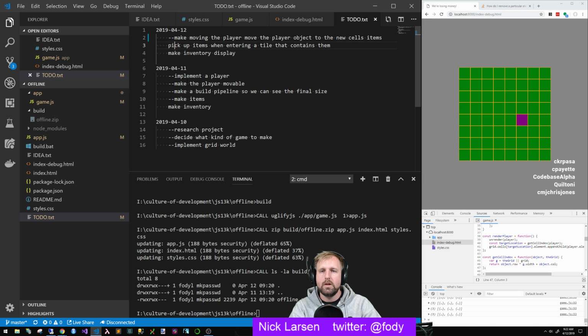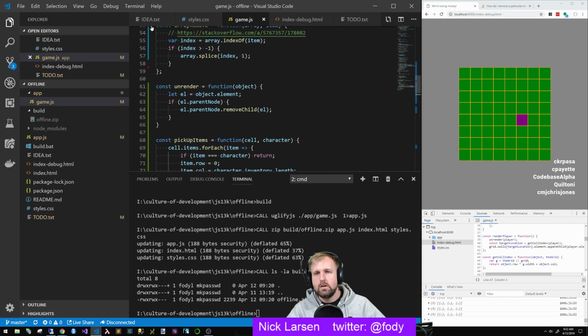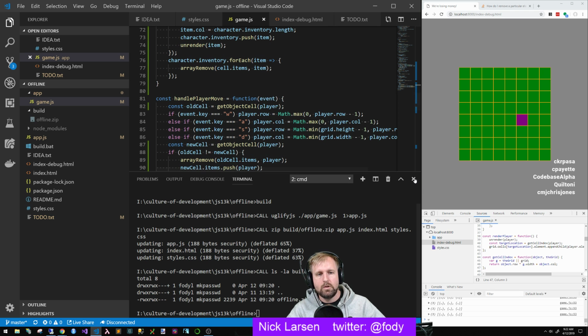All right, so we picked up the items that a tile has, and now what we want to do is make the inventory display. I think I want to put the inventory up here. And this is going to be kind of a hack. Right now, there is no inventory view. But I think what I want to do